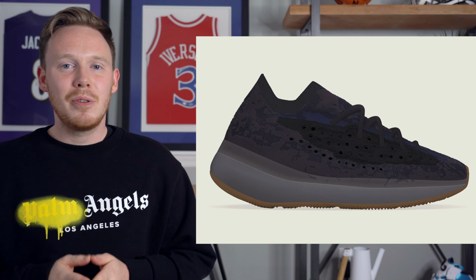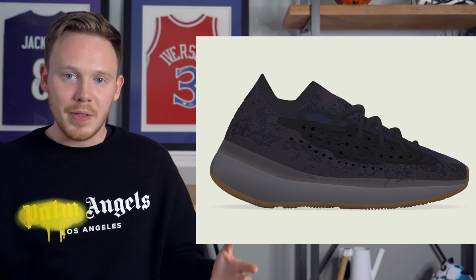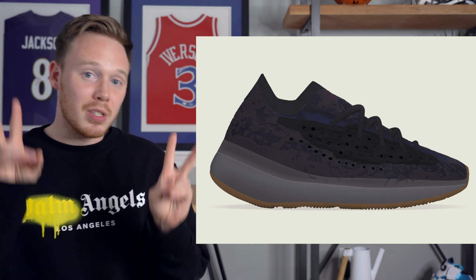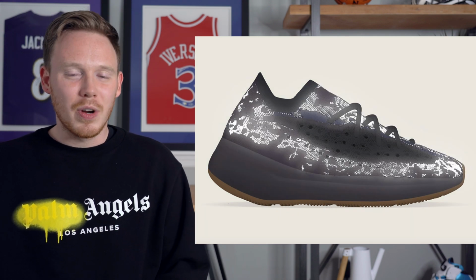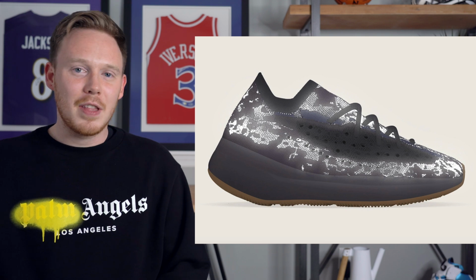This Onyx Yeezy Boost 380 has been rumored for years at this point. In fact, it was supposedly supposed to release last year. But finally, near the end of 2020, we're getting the black or Onyx colorway of the 380, and while it